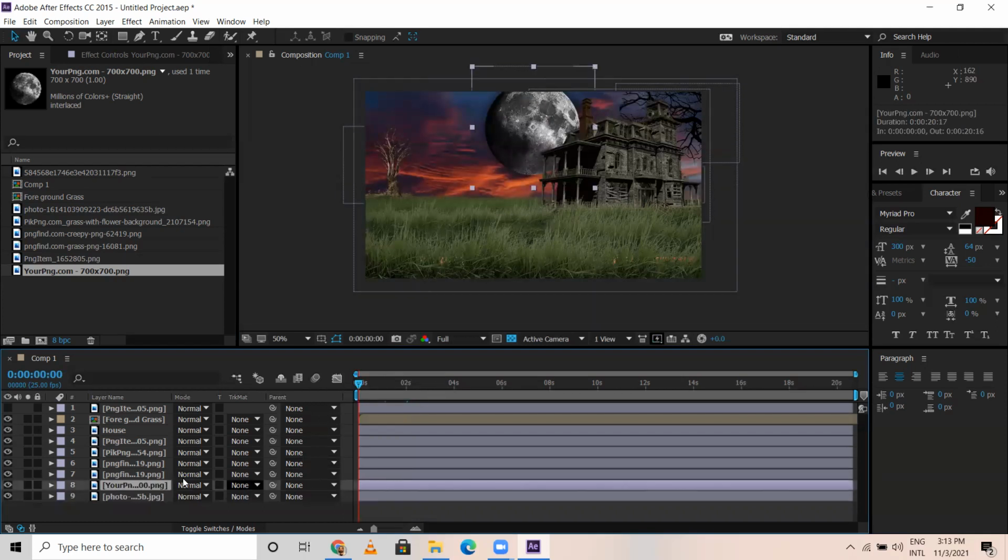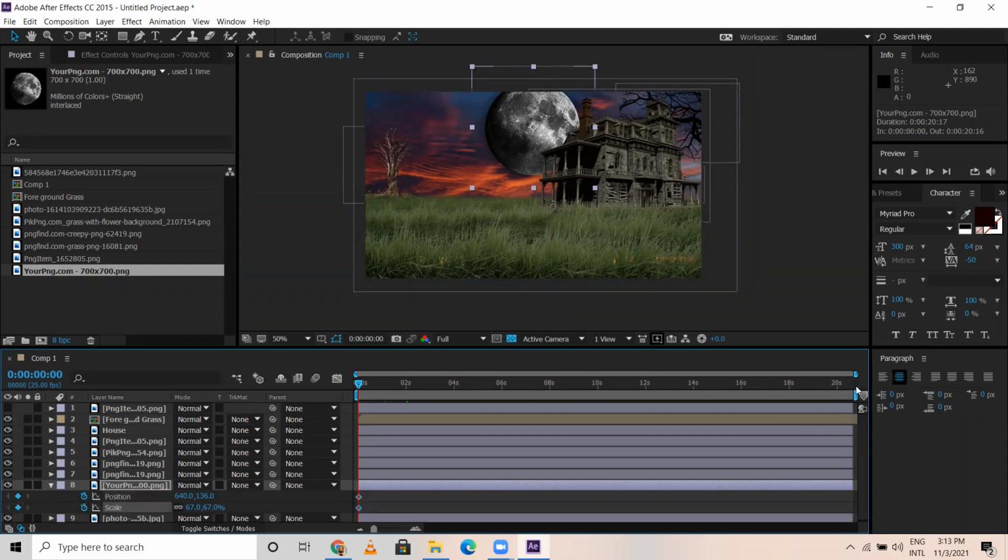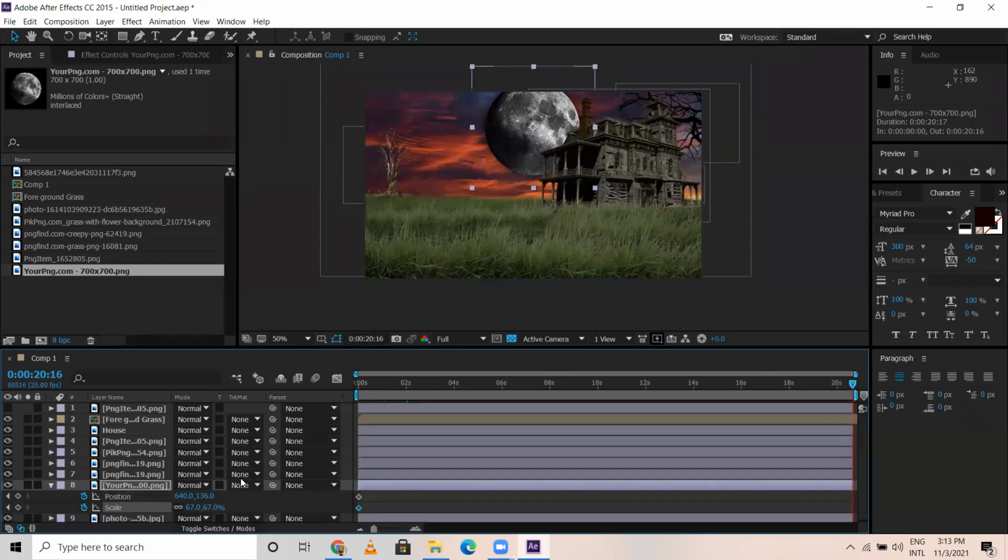This is the one. I press P for position, click over here, Shift S for scale both. Now here, position, I'm gonna change it here.